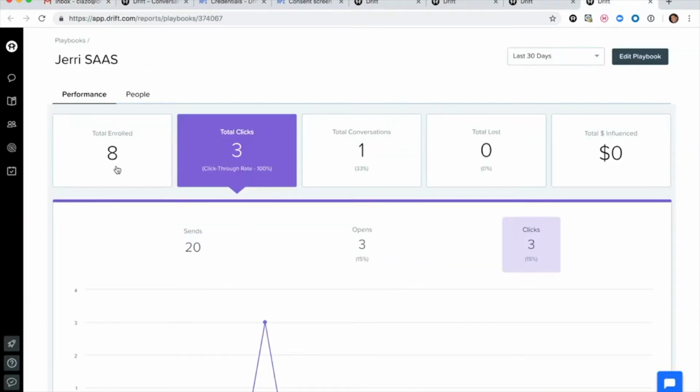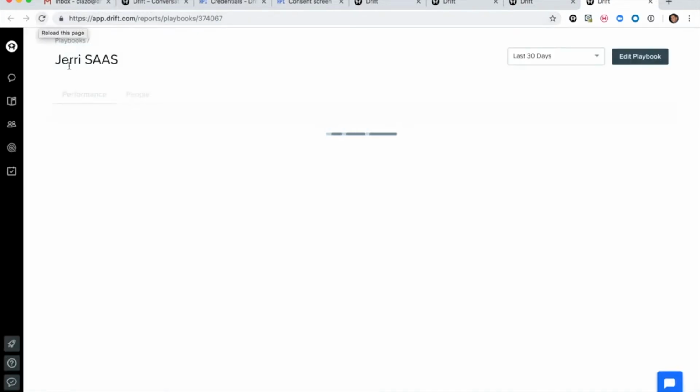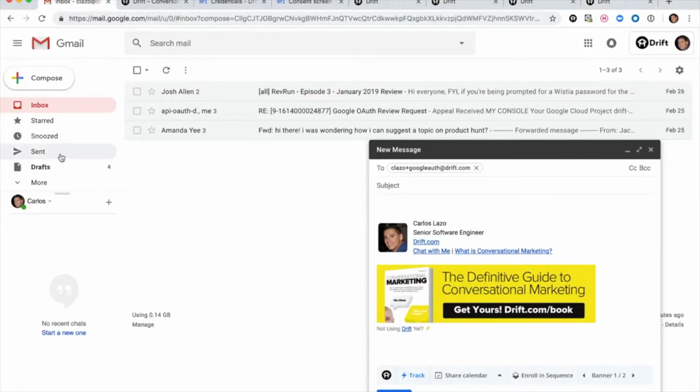And at this point, we should see this number go up eventually. I think our reporting might be a little bit delayed, so we'll see if the report goes up in time. But while this is loading, we can go back over here to Gmail, look at my sent folder,